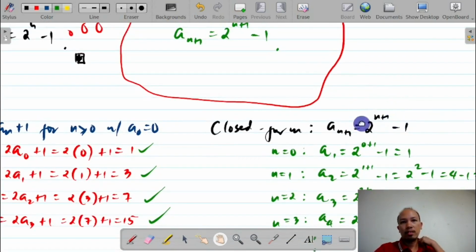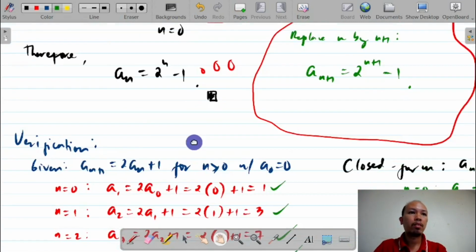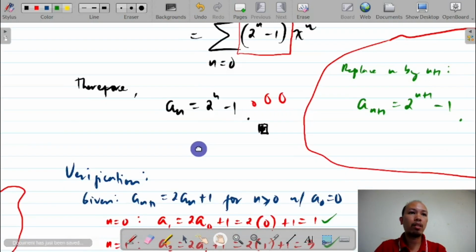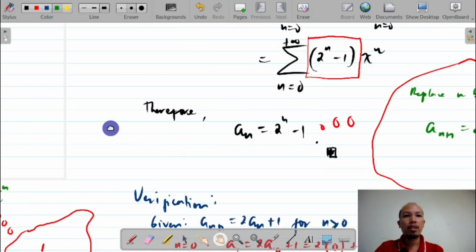So this is in our calculus 3. It is already written in closed form in calculus 3, but in numerical analysis we are given a recurrence relation. So that's why we have to get first the closed form, in order to use definition 24. If you remember our previous definition, the variation of definition 24, you will need to get the limit,